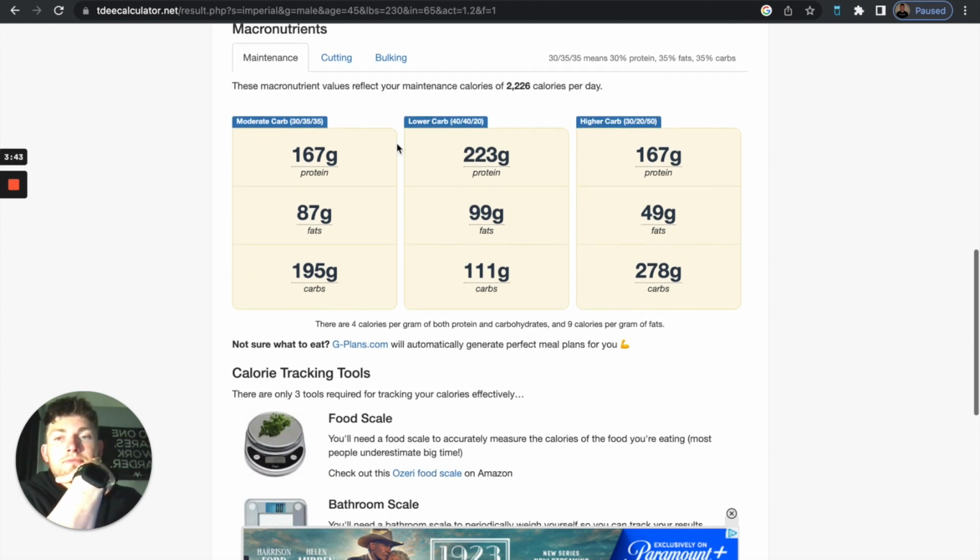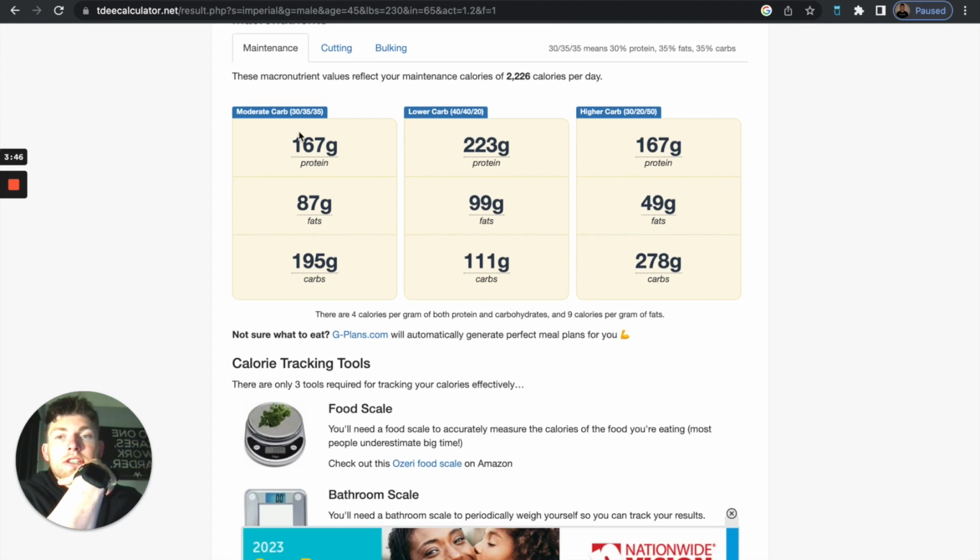So essentially down here you're going to have your maintenance, your cutting, your bulking, and then you're going to have your macronutrient percentages down here. Obviously you got 3 different types. So you got moderate carbs, lower carbs, and higher carbs. I tend to stay with the moderate carbs